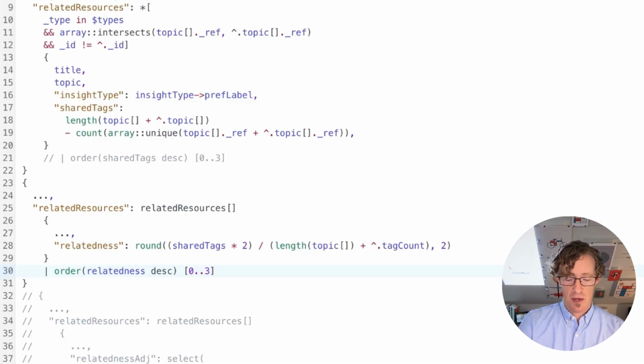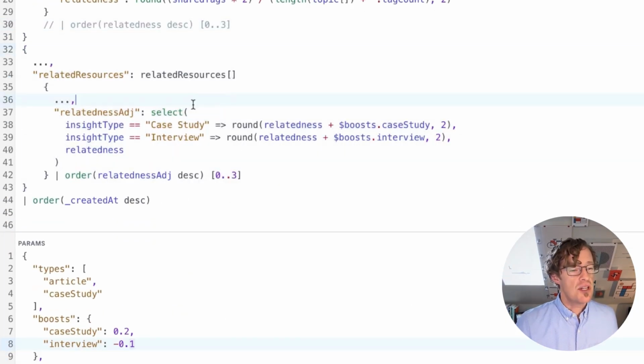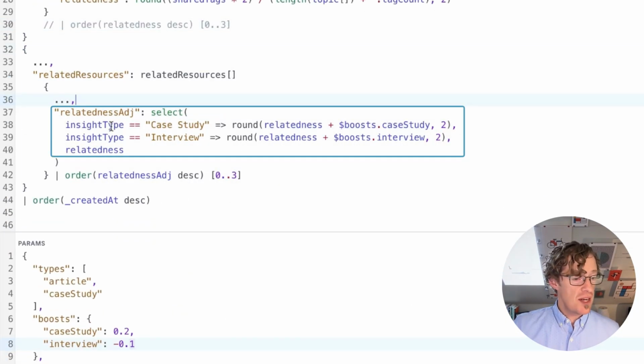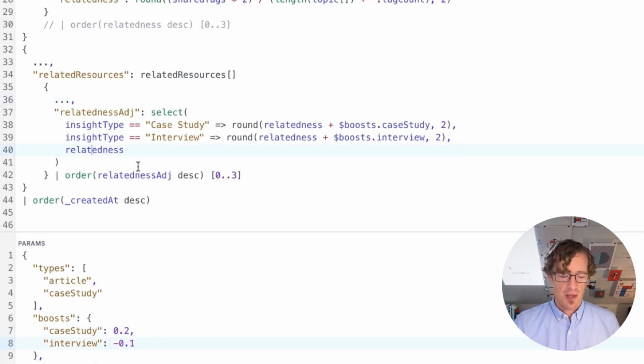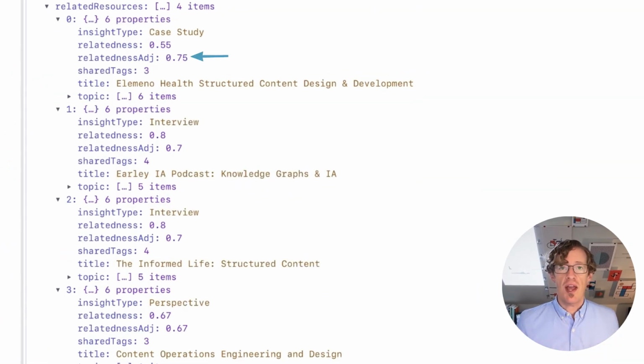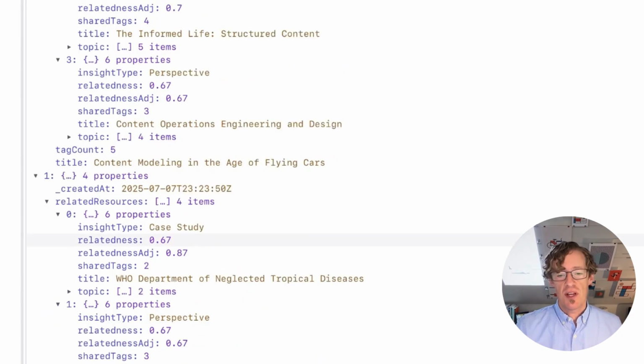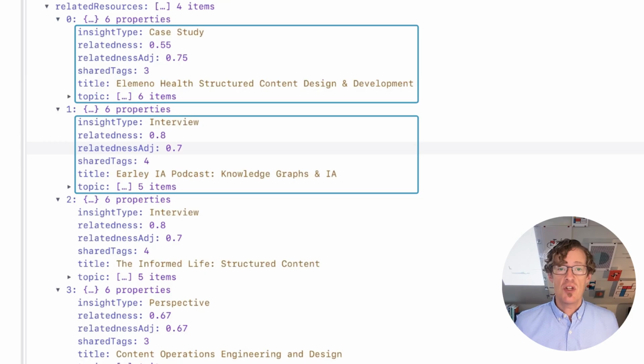To accomplish this, I'll add a third projection in which I use this select function to identify which insight types are case studies, and then I add to their relatedness score a case study boost, in this case 0.2, and I'll also identify which insight types are interviews, and actually I want to drop their value down by 0.1. Anything else that's not one of those types, the value gets passed straight through. This then allows us to curate how different resources are ranked within our related resources array that's returned. And we can see in some instances where this actually reorders the related resources to put one type in front